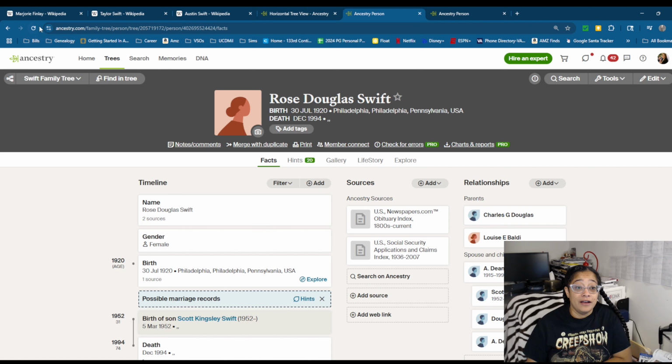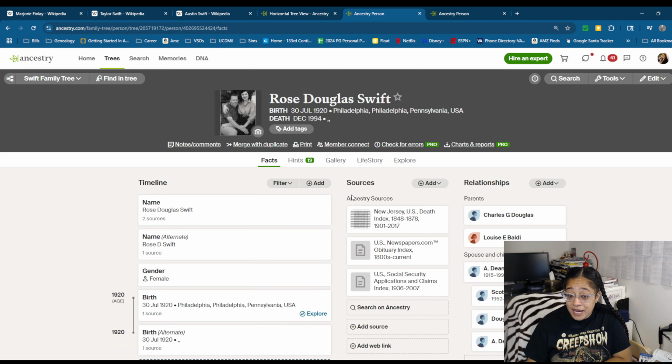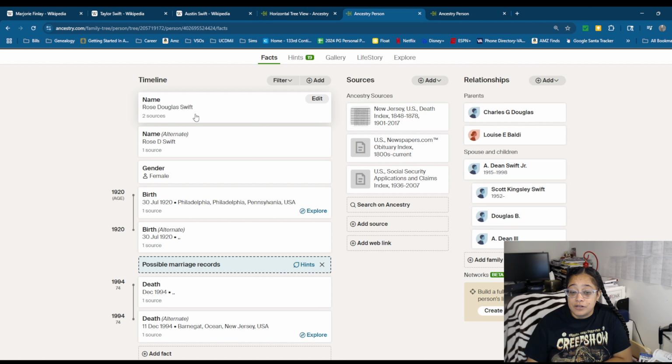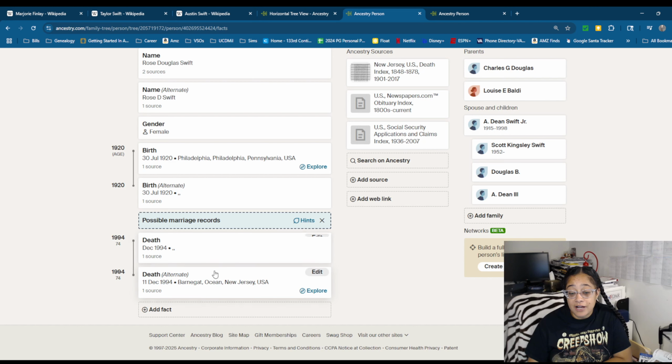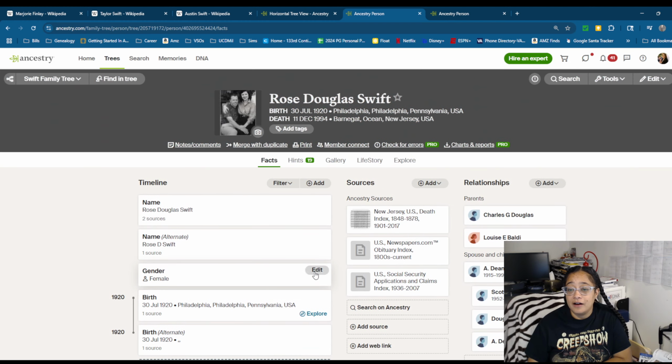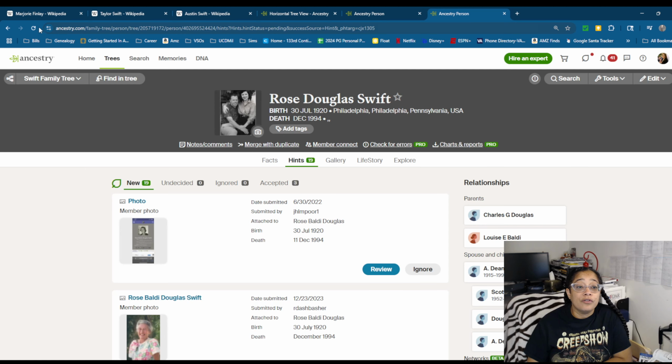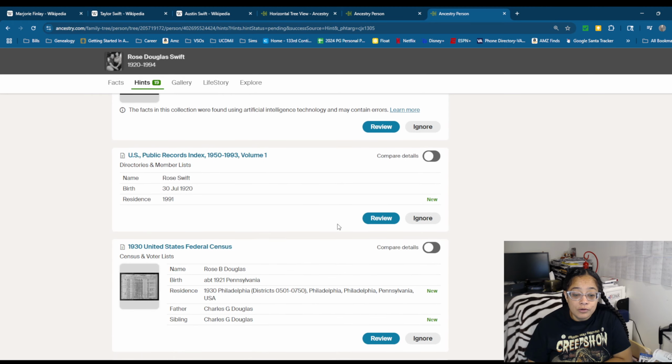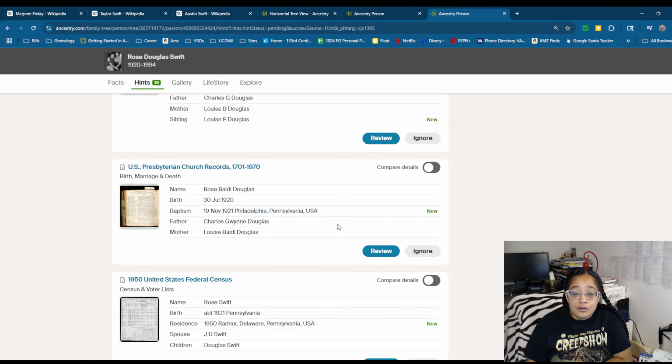And I'm going to go ahead and refresh my facts page. So I see the two different names and the two different births and two different deaths reflected. I'm going to take the full death information and I'm going to click preferred. And then that updates. So then I'm going to go ahead and I am going to go down to this